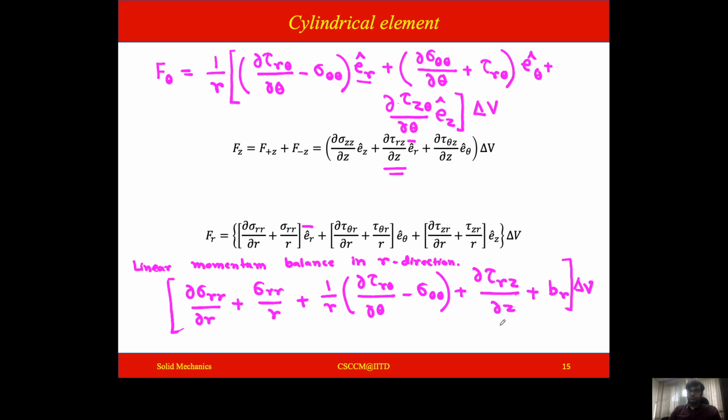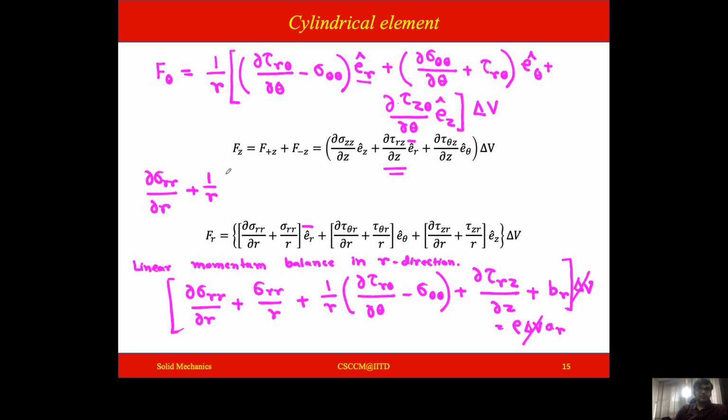Mass is basically rho delta V times acceleration in the R direction. So this delta V will cancel out, and your final expression, which I'm writing here, you see, delta sigma RR by delta R